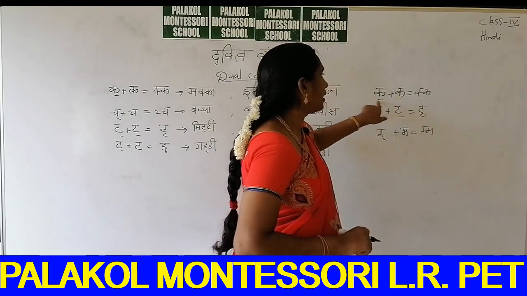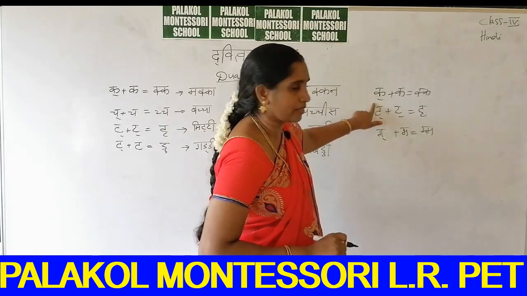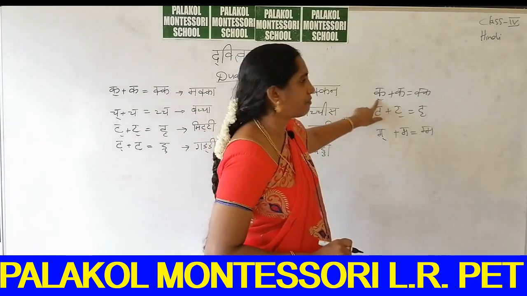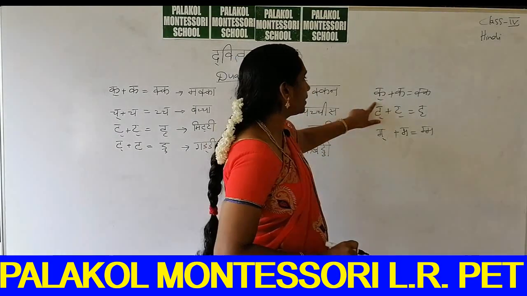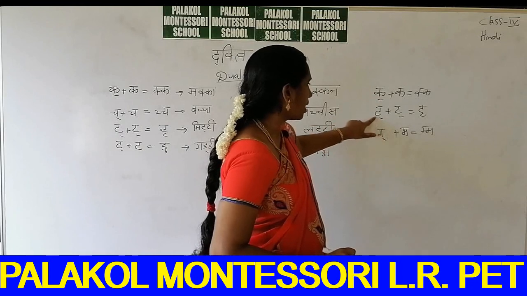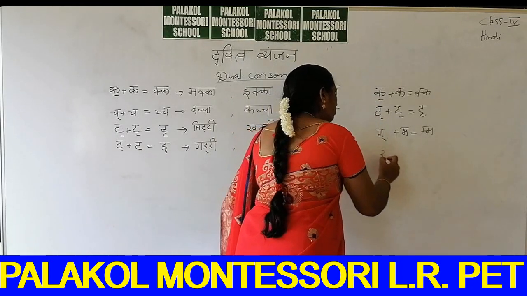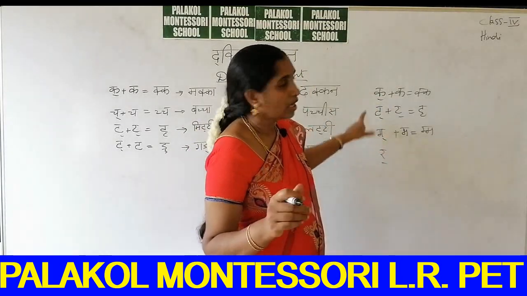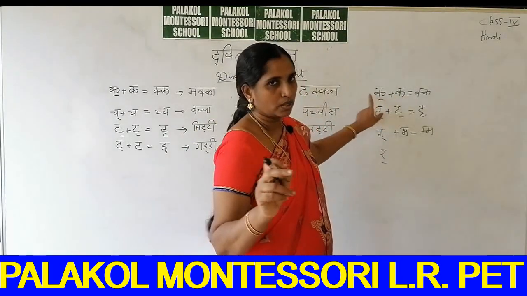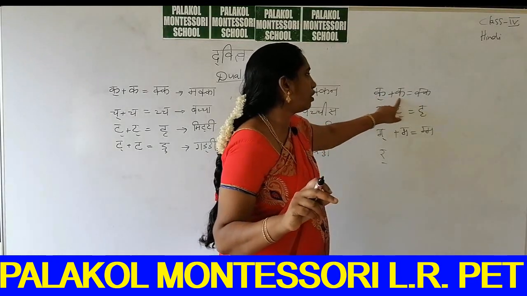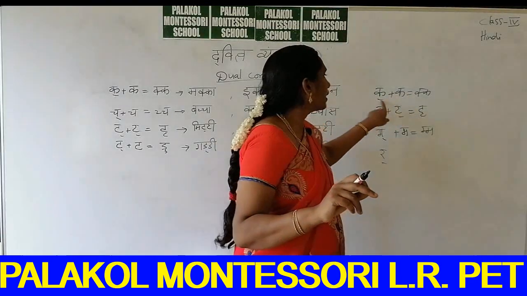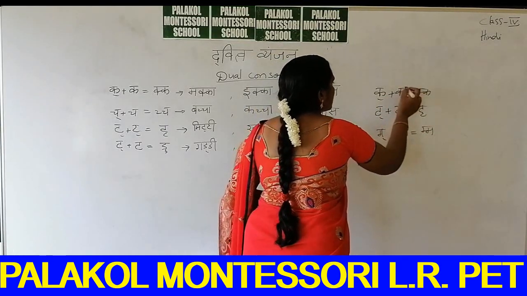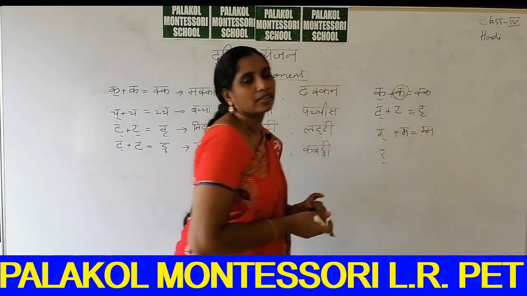Here we will see that the second letter is full, and the first is a half letter. If you are keeping a halant like this, it is called a half. Any akshar you keep with a halant, whether ta, pa, ma, cha or ra, becomes a half akshar. When you add half and full vyanjan together, what do you get? Ka plus ka is equal to kka. The full letter is your base.